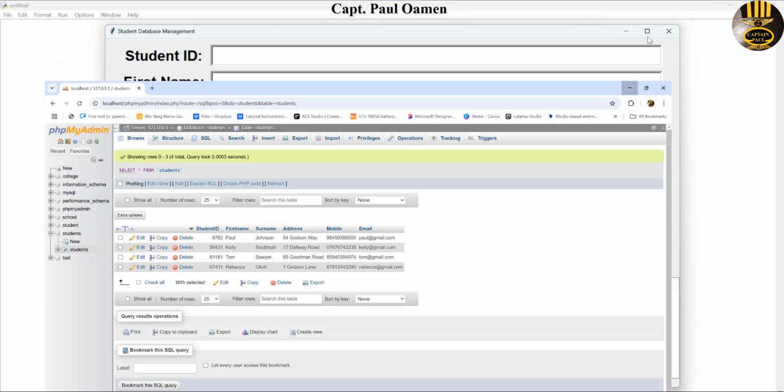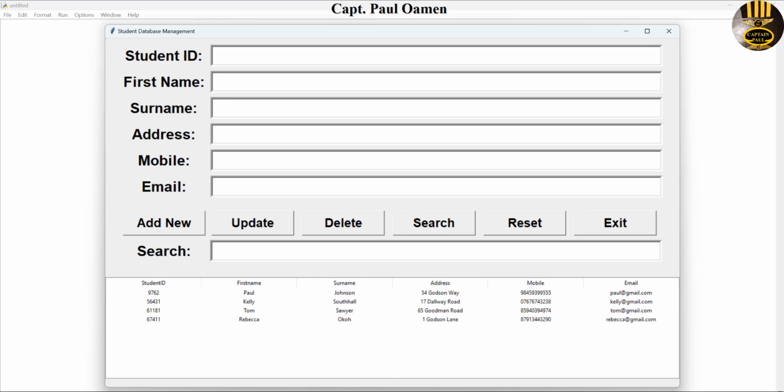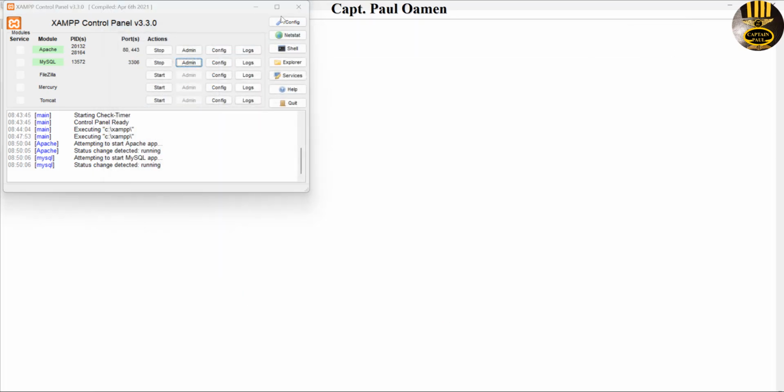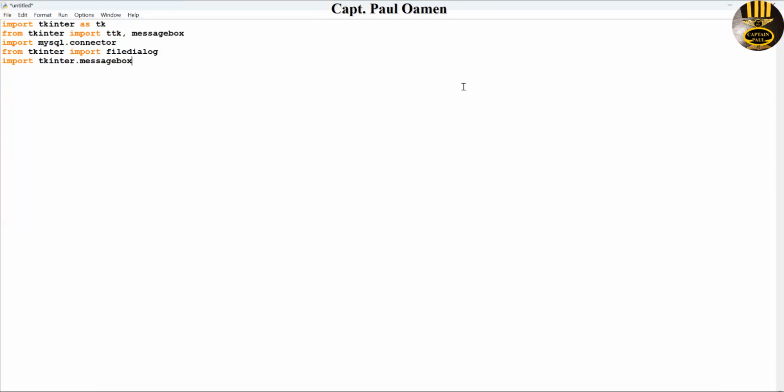Okay, and you will also need XAMPP. So let's exit out, minimize this, and let's import the following. Those are the libraries that we need. But let me point out one thing. You see, import